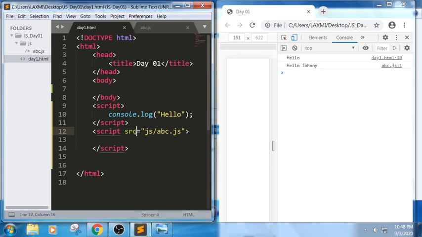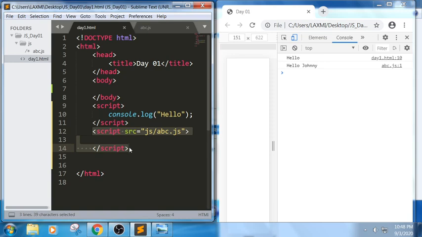What is the use of internal JavaScript? Internal JavaScript is used when we have very few lines and it is used in a single file. We should use external JavaScript when we have more lines and the same snippet is used across multiple pages. For example, day1.html uses it here, and a day 100 file also needs the same JavaScript. You just need to copy these two lines and paste them after the body tag.